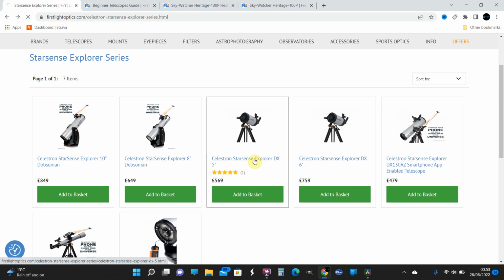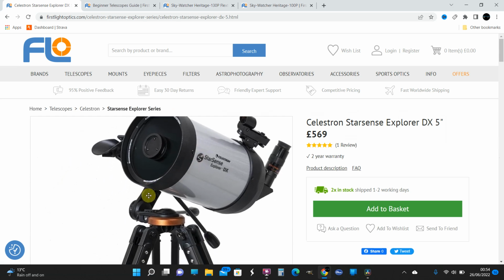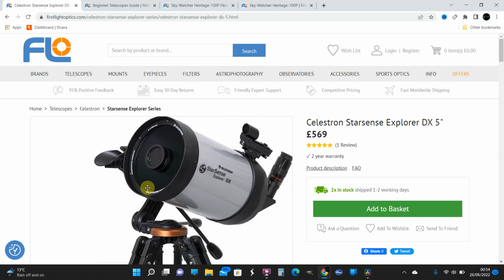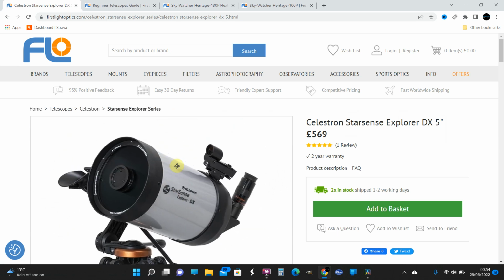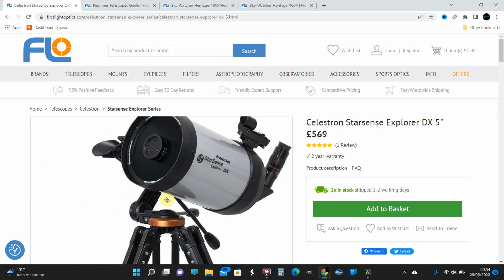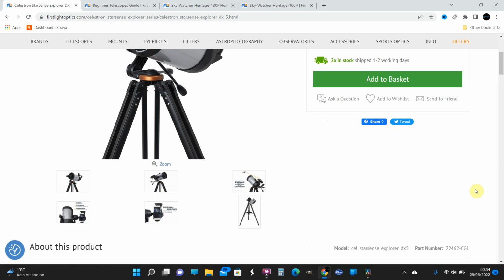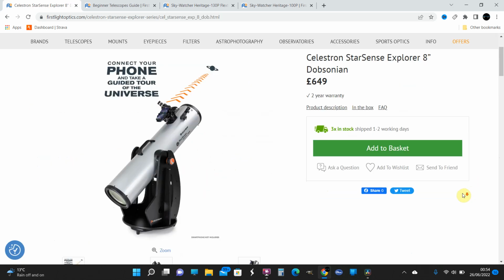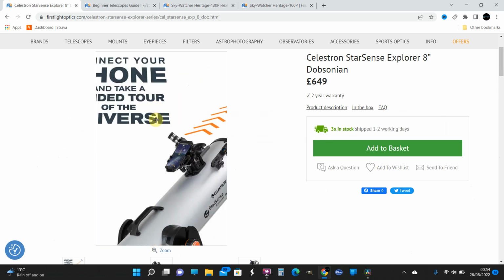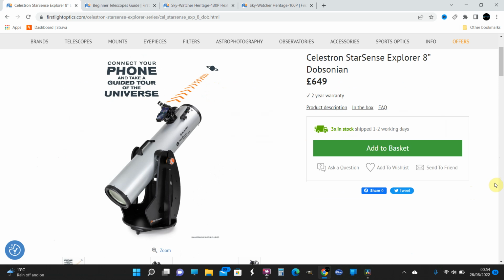And they do them in this Schmidt-Cassegrain, which is similar to the Maksutov. It's a very similar design with the corrector plate that will also benefit from a dew shield, but the 5-inch Schmidt-Cassegrain here is the one NASA took in space, actually. So quite a famous optic, packs quite a punch. They've got an 8-inch Dobsonian version. You are paying a couple of £100 more for the StarSense, which, you know, that's debatable, really, but they've got